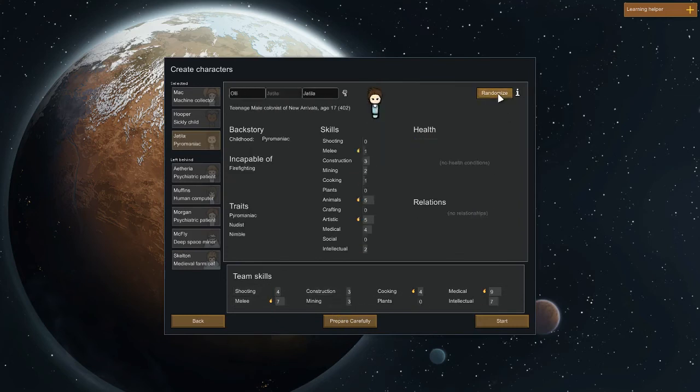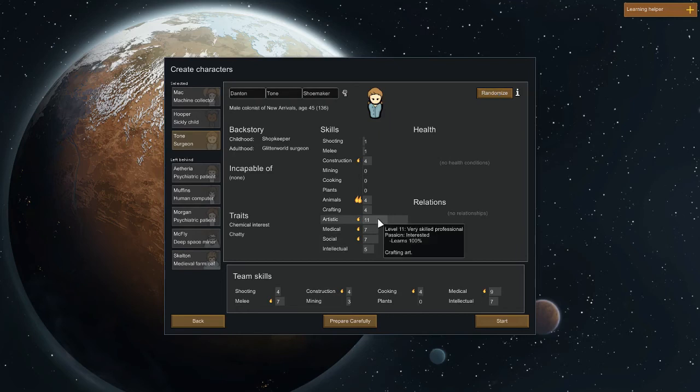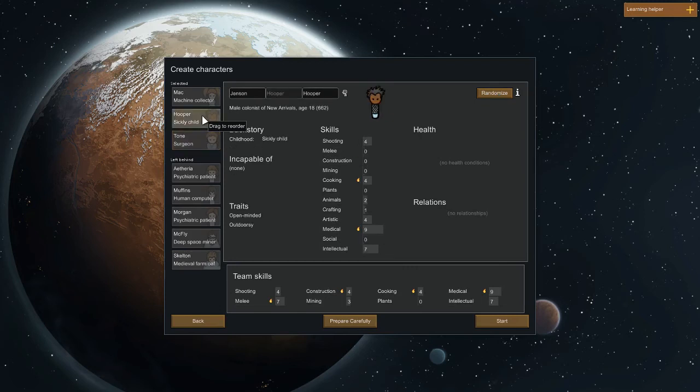Very neurotic is something I want to avoid. Chemical interest and chatty. Artistic, social, medical, artistic, animals, construction. That's pretty good. We might want to change you then. Like, cooking is nice, but...